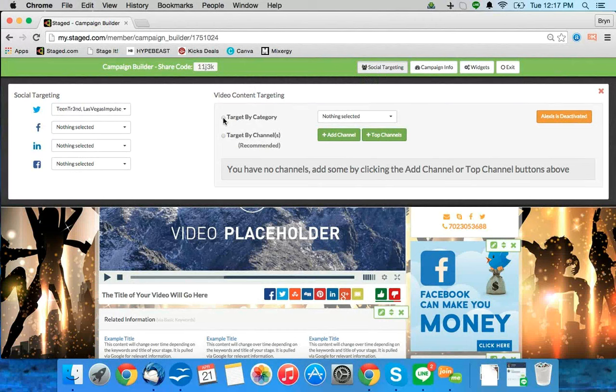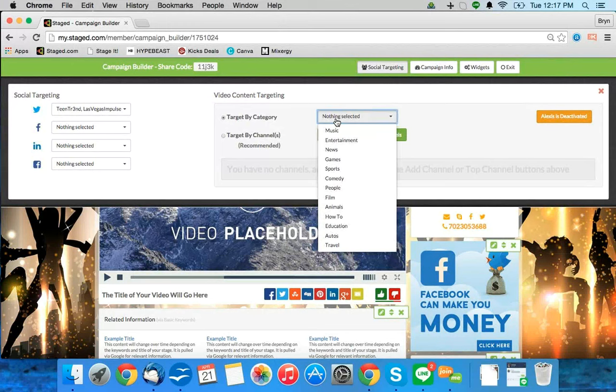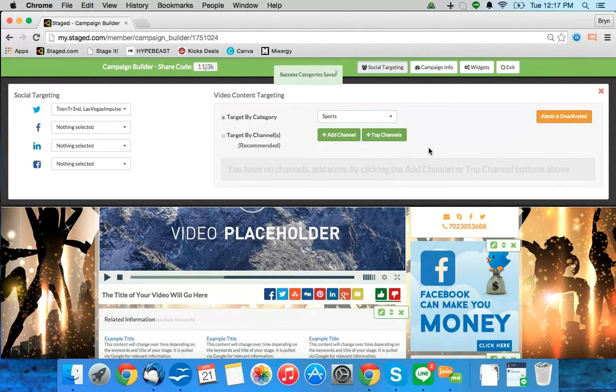You can either target by category, which is a very broad manner of doing it. So you don't really, it's almost like luck of the draw. You don't really know what video content is going to go out. It's not very targeted. And by extension, it's not very engaging. But if you did want to do that, we've broken it down into, I suppose, 12 or 13 different categories here. And these are all YouTube categories. So if I just select sports, it's literally going to post out random videos from YouTube that are in the